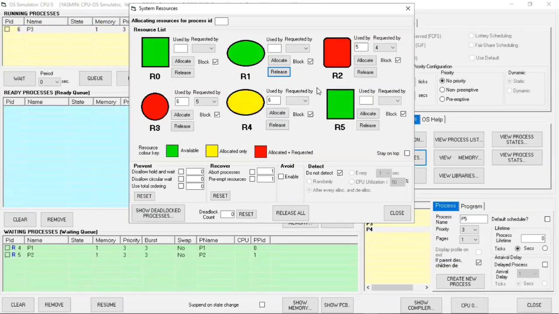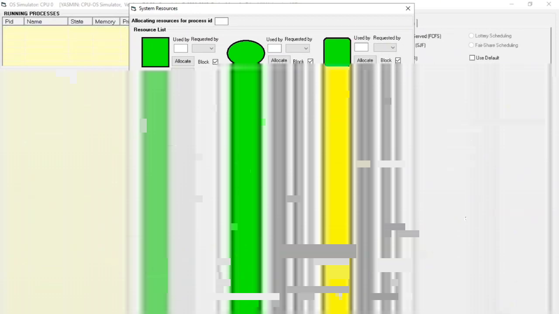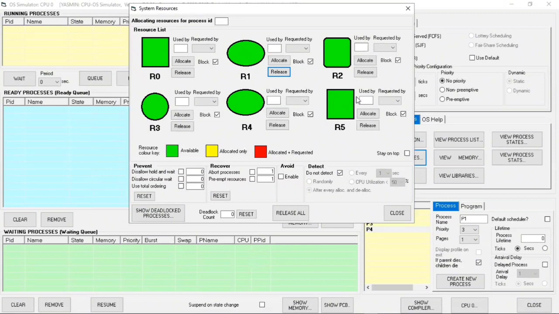And then the program is running. And all the programs are now finished.